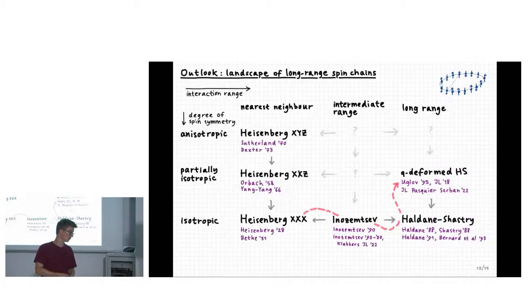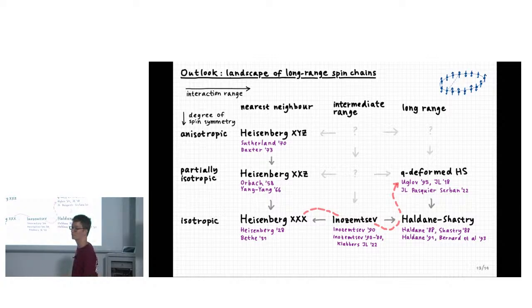Okay, so this is really already the outlook of my talk, so I guess I'm a bit ahead of time. But let me just get back to this landscape. I've shown you from the Heisenberg XXX, which we know very well, how to go by turning on intermediate range interactions and then long range interactions, what happens to the spectrum via this Bethe ansatz exact solution through Inozemtsev all